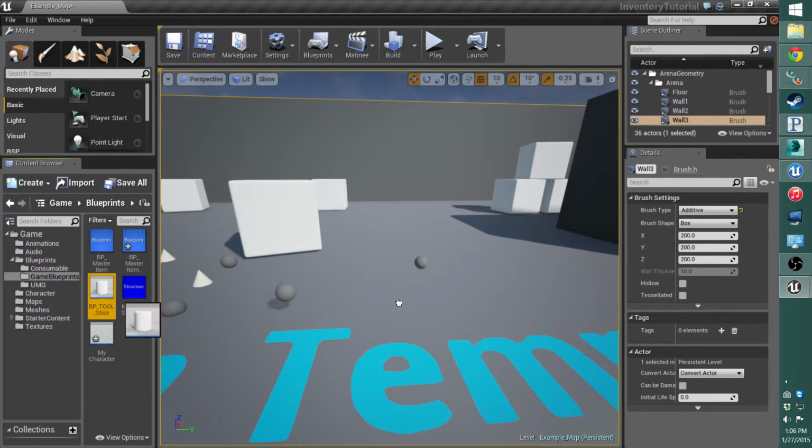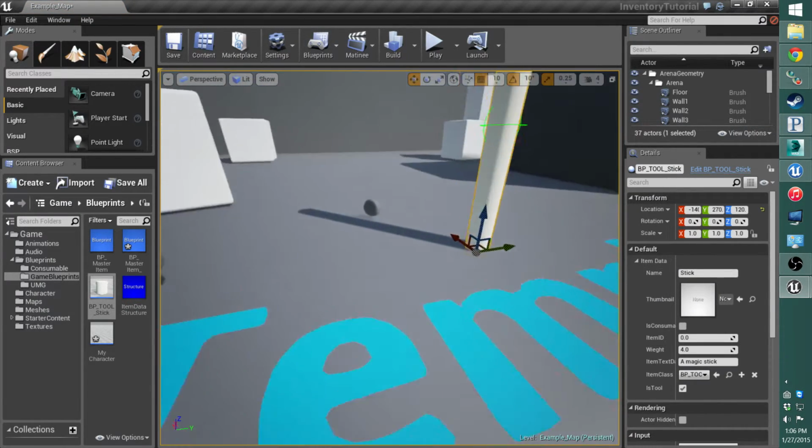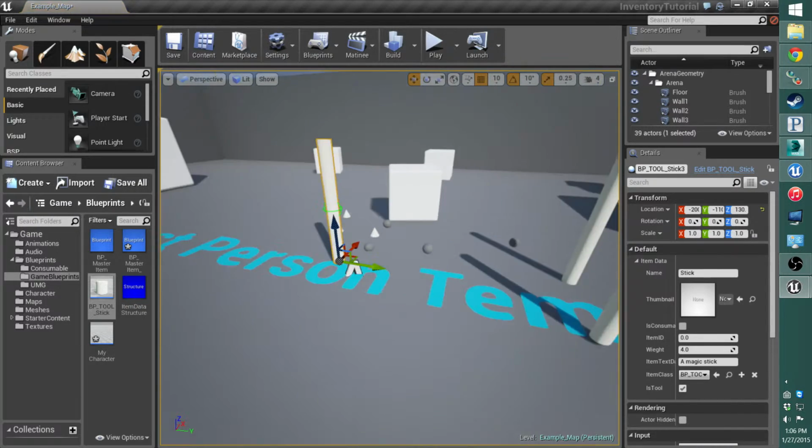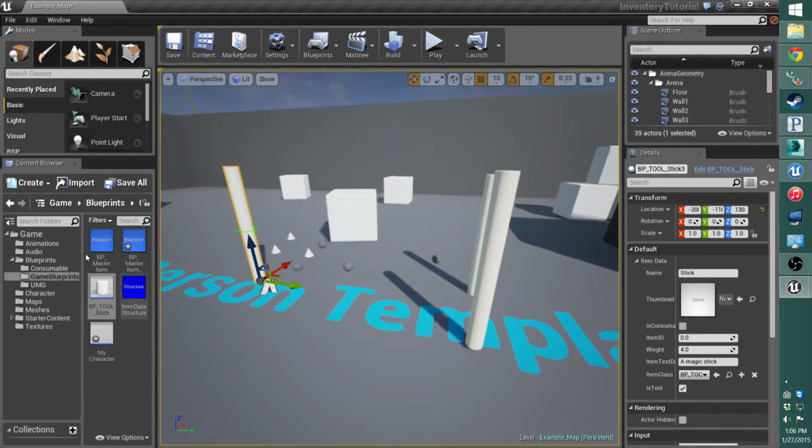Let's pull one off. It's a big stick, but that's okay. Pull off a couple. Let's give it a use. Well, no, we won't set that up yet. Let's go to